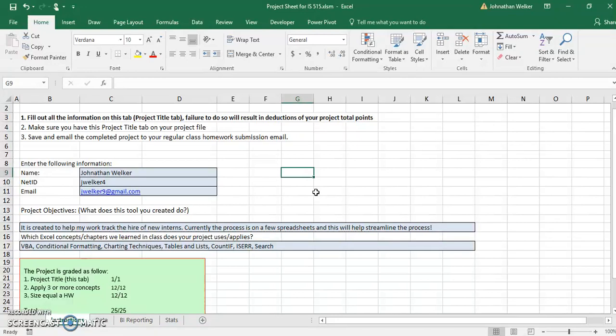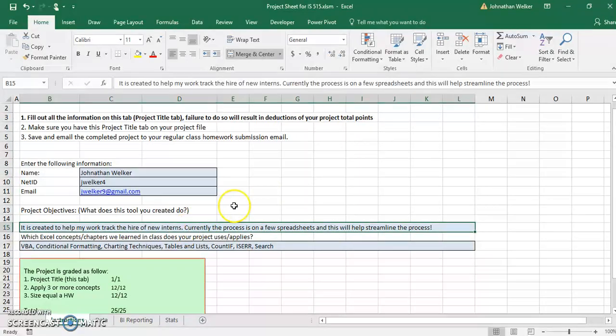This is my super cool project. So, I designed this. I work at Symantec currently, and I'm helping in the hiring process to hire some new interns. And so, I decided to try and help make that process a little better because right now